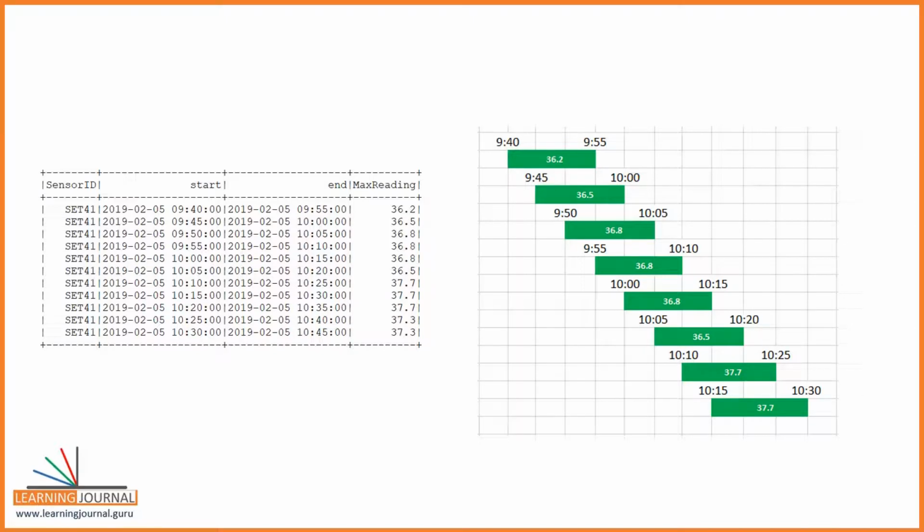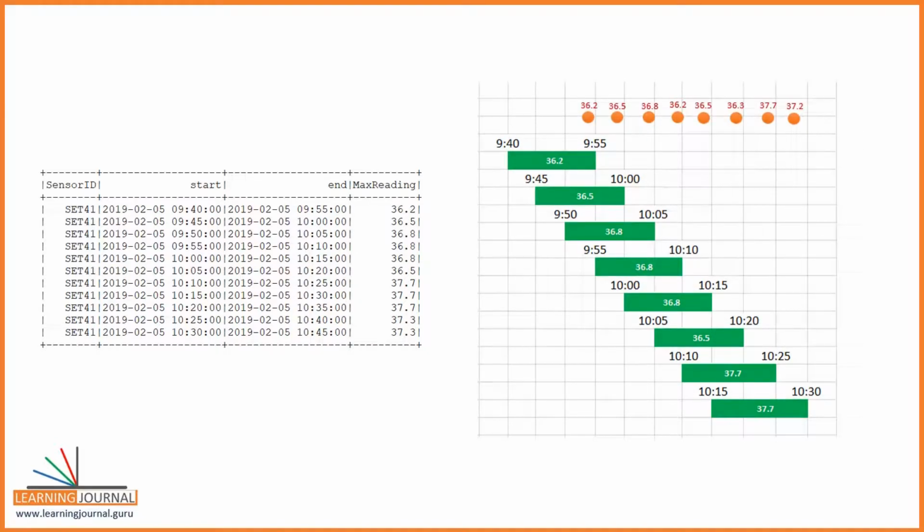Great. Now let me also add some events to this diagram. Let's try to understand the sliding window aggregates using these 8 events. Now if you look at the first window boundary, we received only one event in this window, which becomes the maximum. Now look at the second window boundary. You currently have 2 events in this window. The maximum value is 36.5, right? Similarly, the third window has got 3 records and the maximum is 36.8.